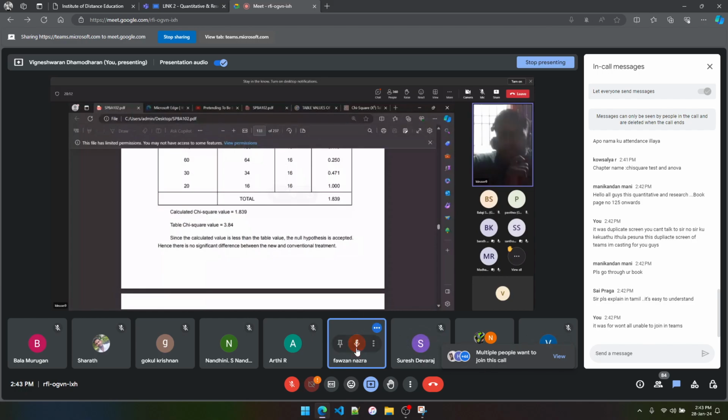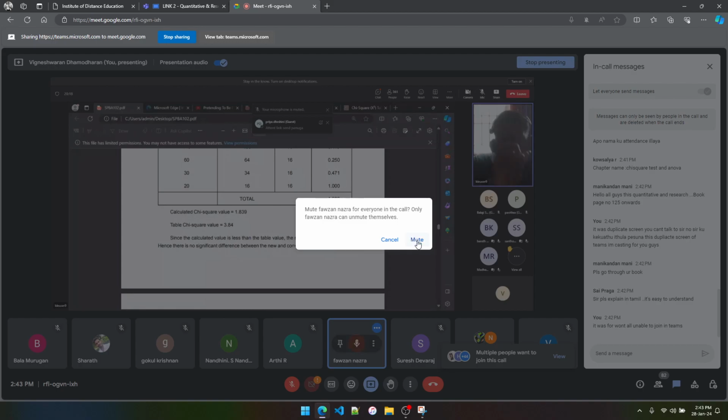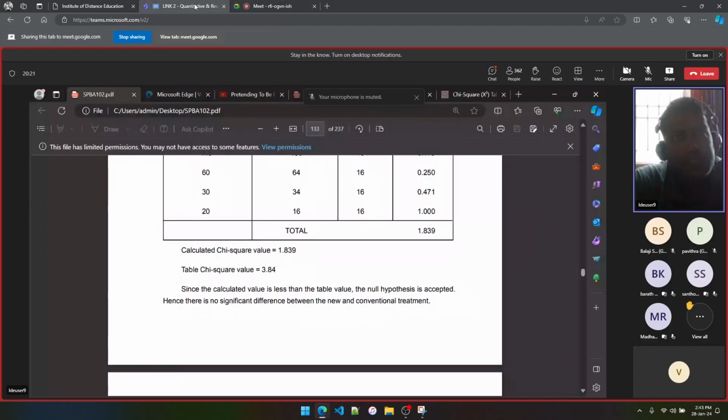Now the level of significance is always... see the table value at 5% level of significance, or refer to the table value at 5% level of significance, because it is always constant. If not, if at all,